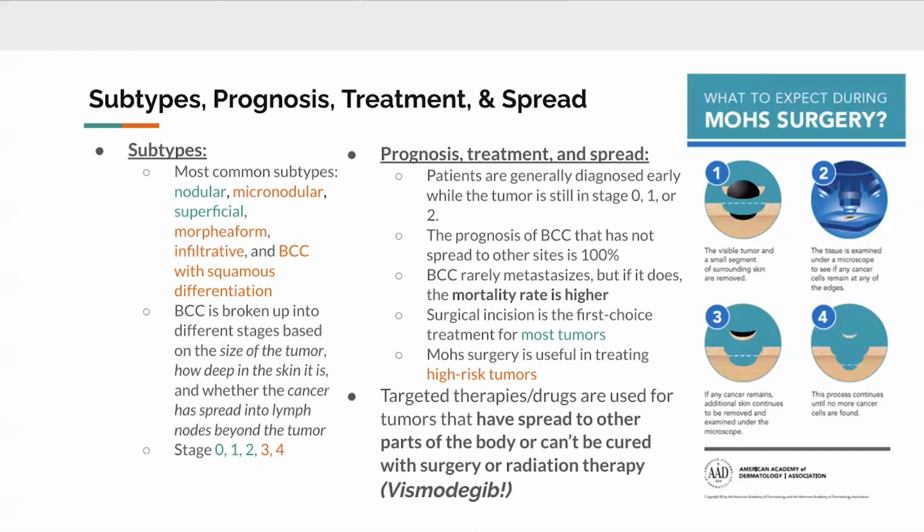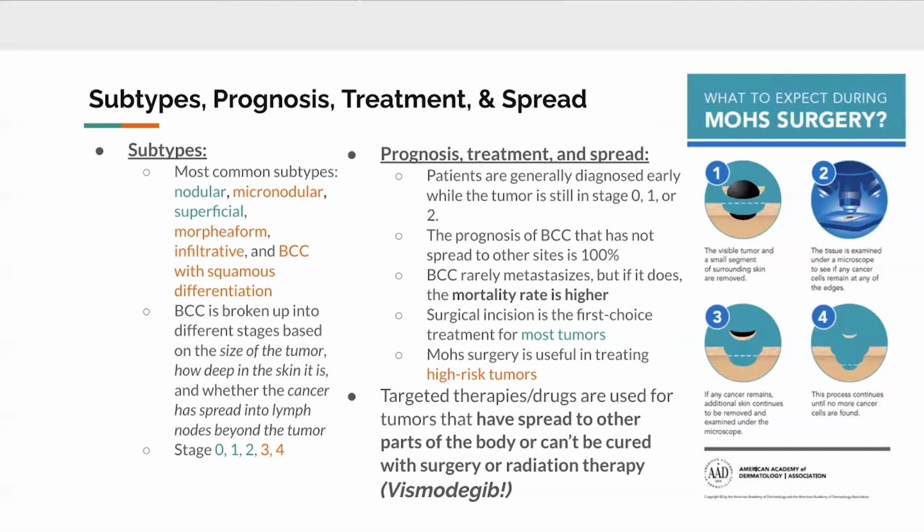Most basal cell carcinomas are stage 0 or 1, and stages 3 and 4 are very rare. Basal cell carcinoma rarely metastasizes, but if it does, then the mortality rate is higher. And obviously, there are different treatment indications for different tumors. Surgery and incision is the first choice treatment for most tumors, and Mohs surgery is also effective at treating certain